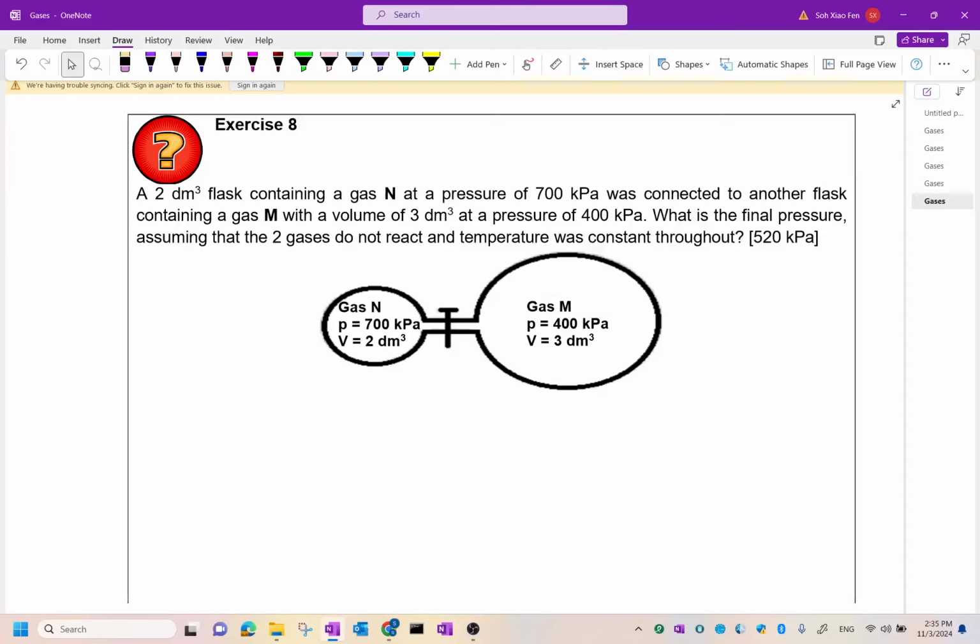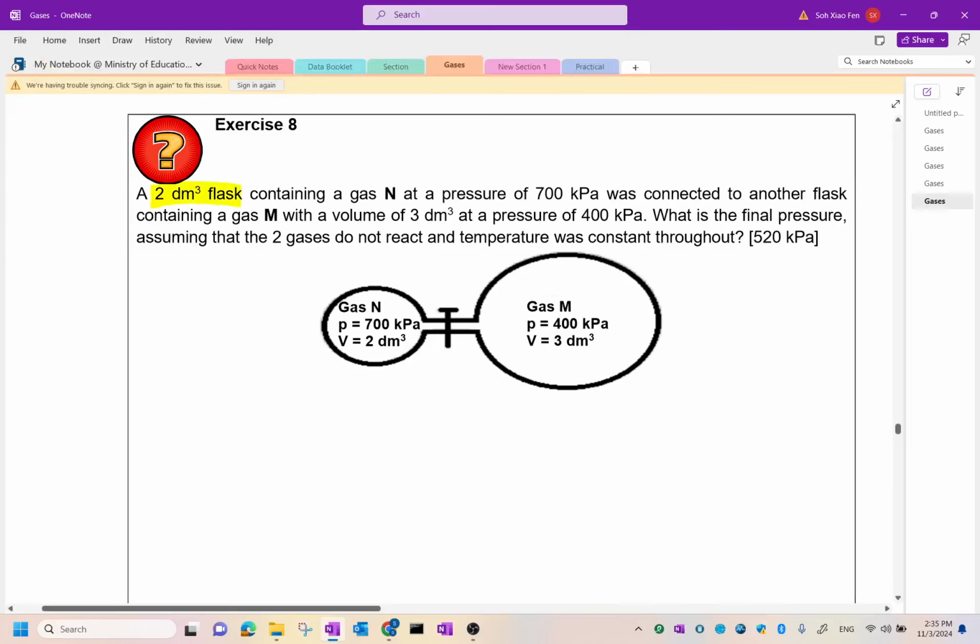Okay, so now let's look at exercise 8. Exercise 8 is actually a more challenging question. So you're told that you have a 2 dm³ flask containing gas N, and the pressure was 700 kilopascal. So then you connect it to another flask containing gas M, and the volume is 3 dm³ and pressure is